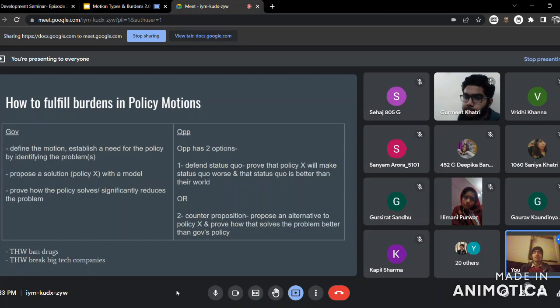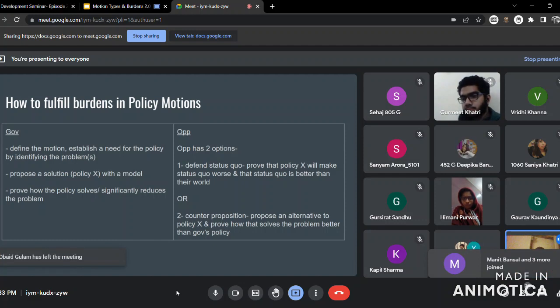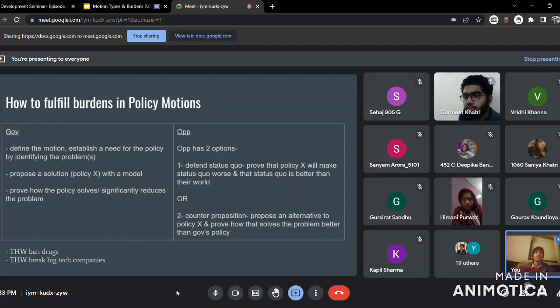So what do we say? If Gov's policy is, for example, that we will not allow people below 18 years of age to have alcohol, Op's counter proposition cannot be like, no, no, we are having a different policy. We'll ban alcohol for people of 21 years or younger, because this still includes part of the policy X that Gov is already defending, which means that these policies are not exclusive to each other. There's a great level of merging that is happening.